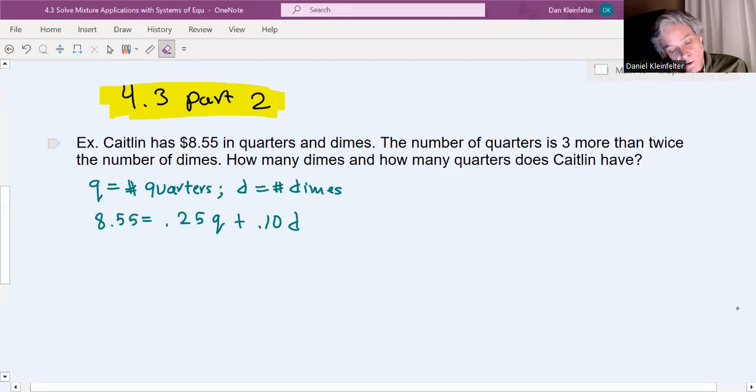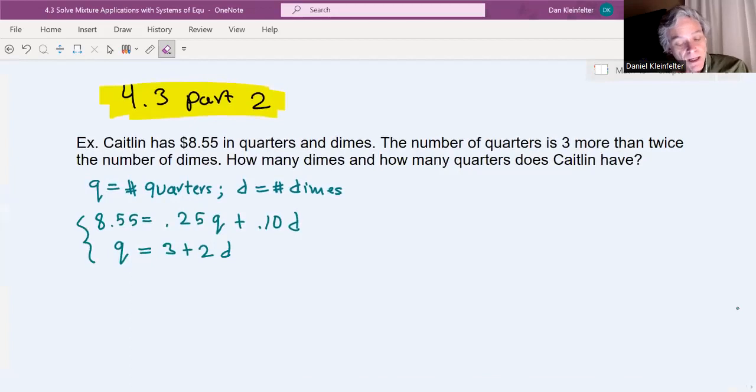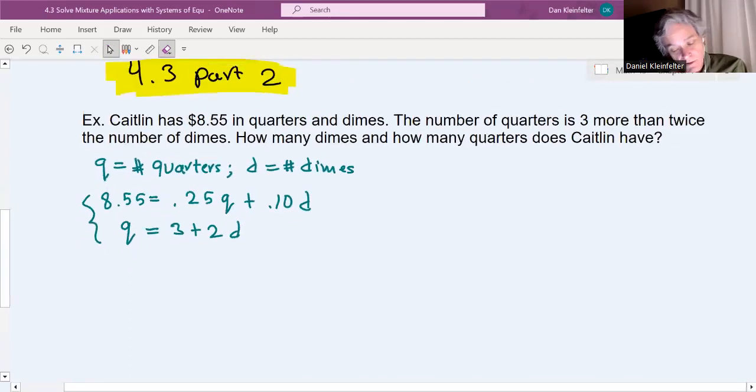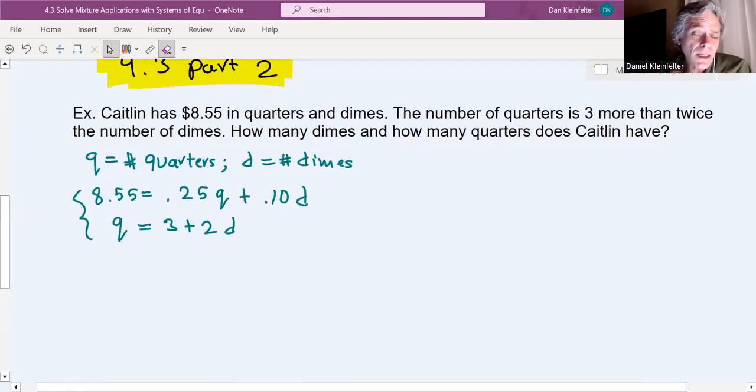And then the number of quarters, that's Q, is 3 more than, so 3 plus, twice the number of dimes. So Q will be 3 plus 2D. All right, so this is our system of two equations. Again, make sure that you understand how we got this system from the wording, and then we'll go into solving